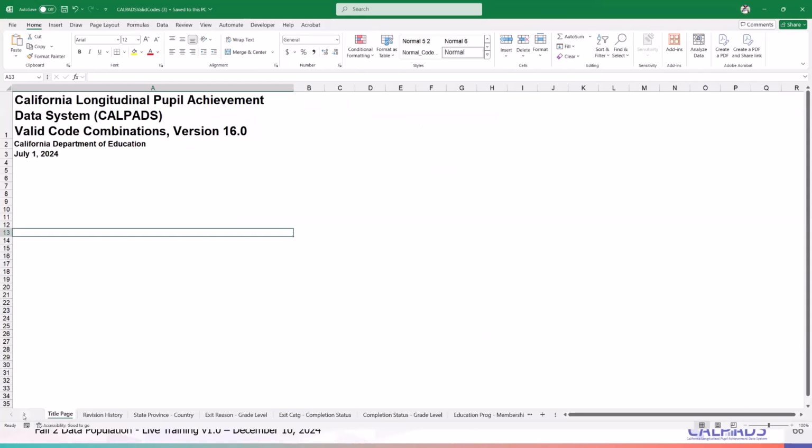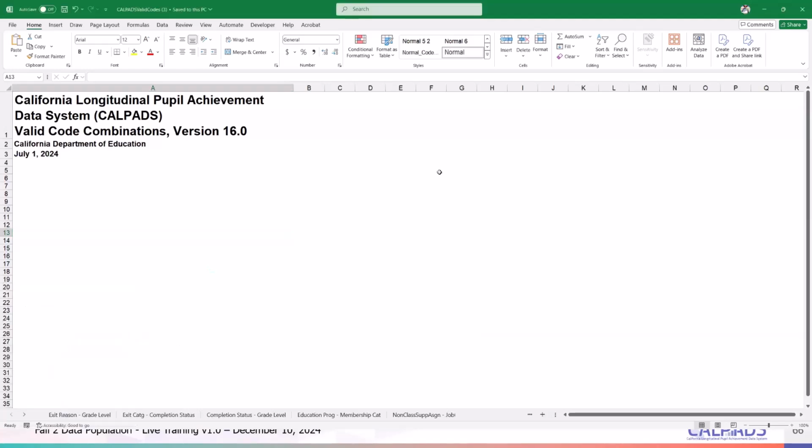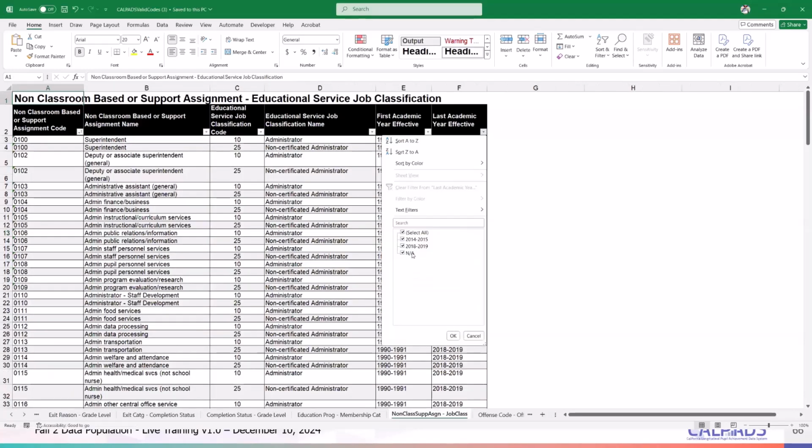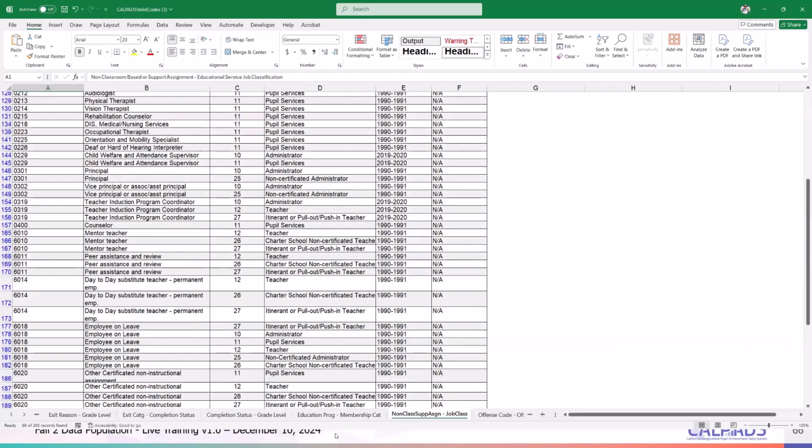So when you have questions about your courses, or questions about what non-classroom code is applicable for a specific job classification, all of these are here.